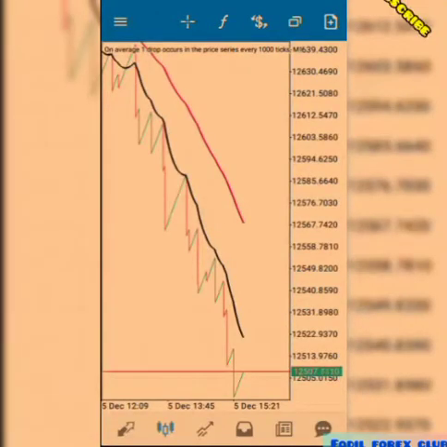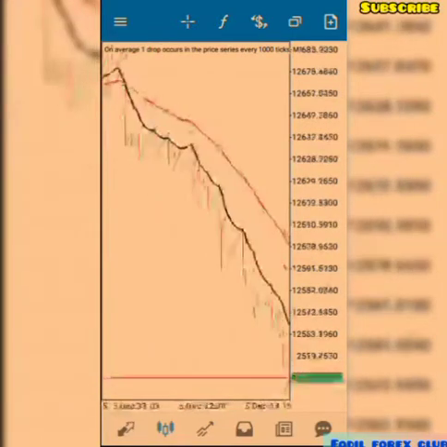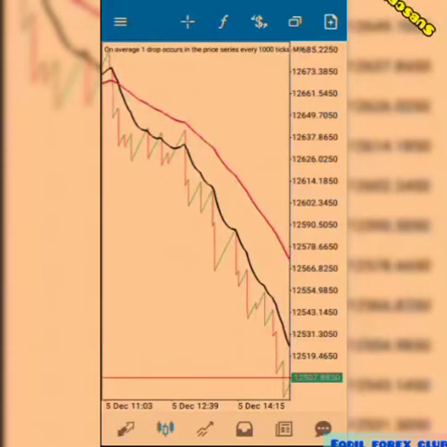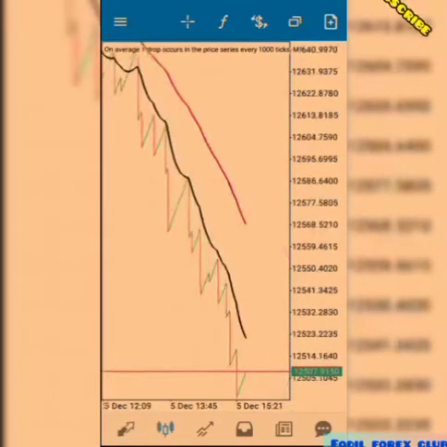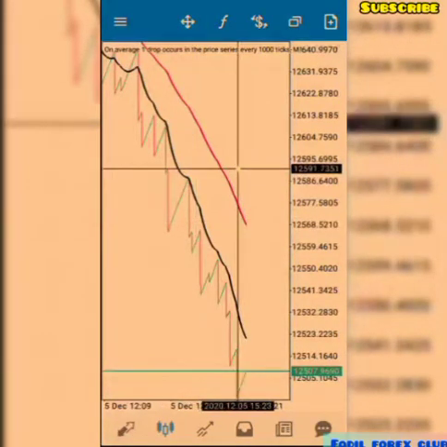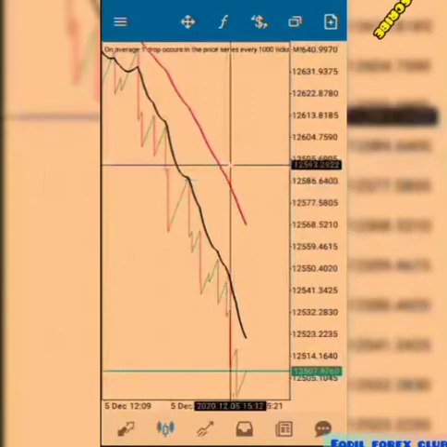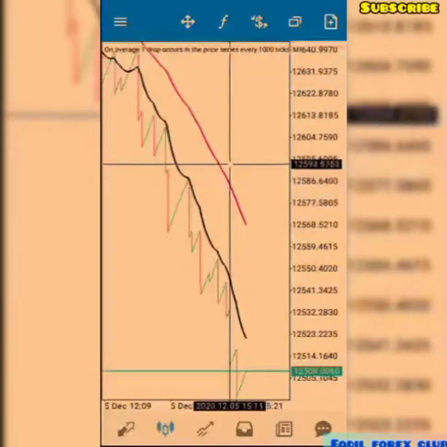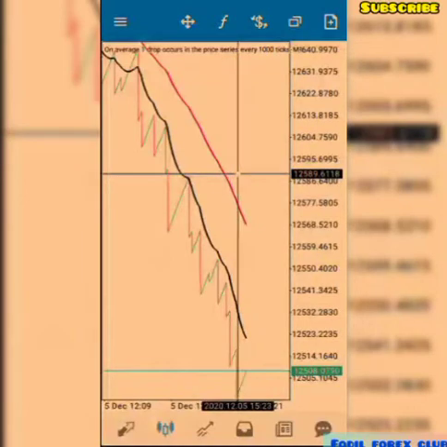Leave level like that. Actually, the work of the moving average 200, let me be taking it like this. The work of moving average 200 tells you the movement of the market. Is the market trending up or is it trending down? When the moving average is at the top and the candlesticks are below the moving average, this red one is the moving average I'm talking about. This red one is the moving average 200 that tells us about the movement of the market. If it's at the top and the candlesticks are below it, then